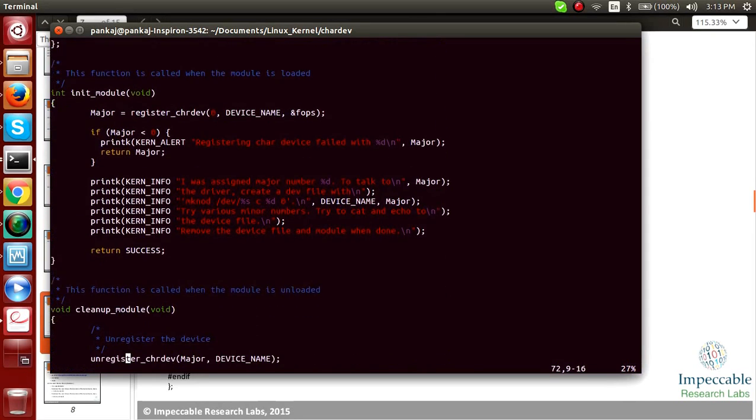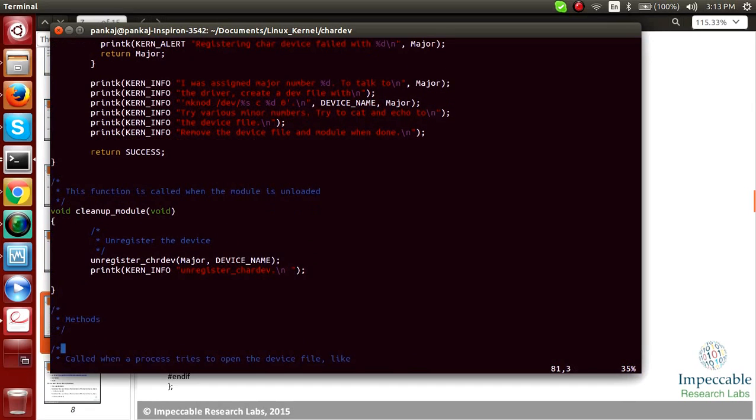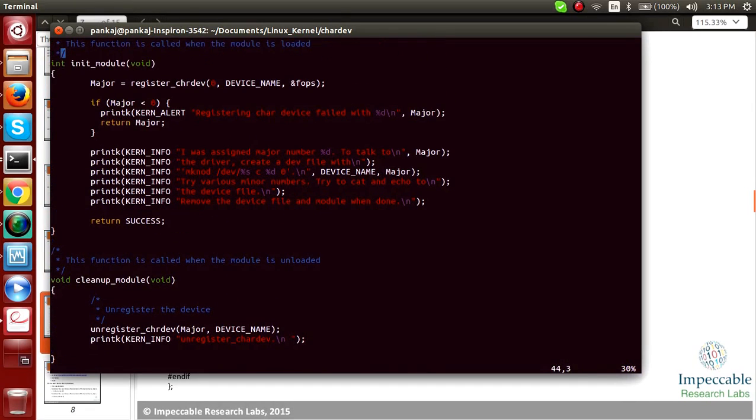Once you call register char dev, it is the function which will create a proc entry and assign a major number and minor number to your device. Once you do that, you can create a node in slash dev, and you will be able to read and write to that particular device.